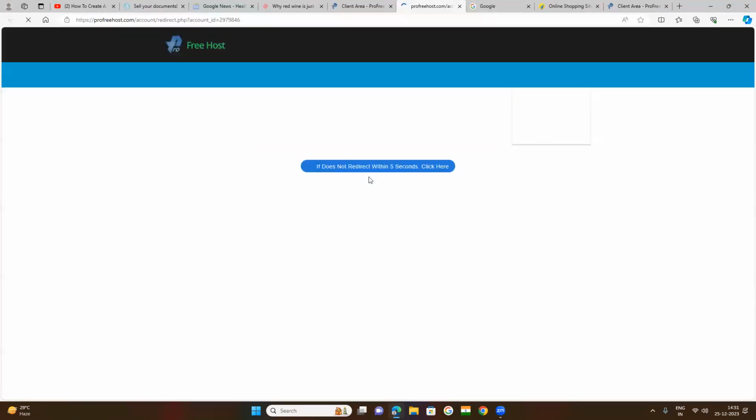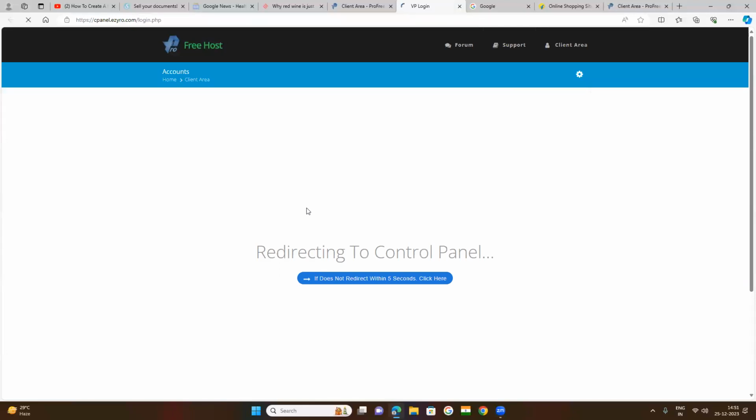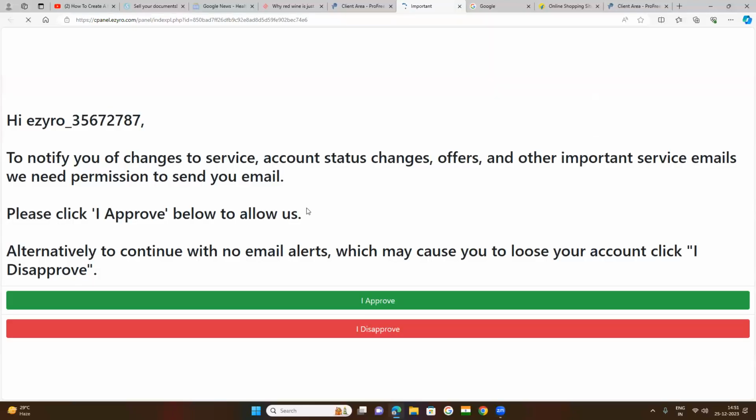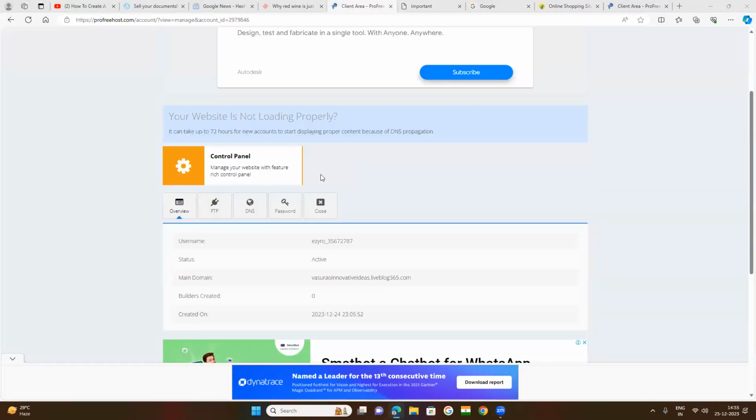Now we need to install WordPress. Okay. Now we want to install the WordPress now. So WordPress is a software that is to be used to create the website. Okay. So whenever you click on this control panel,